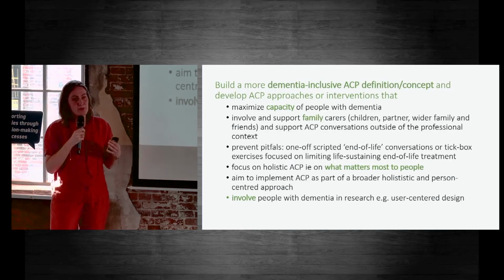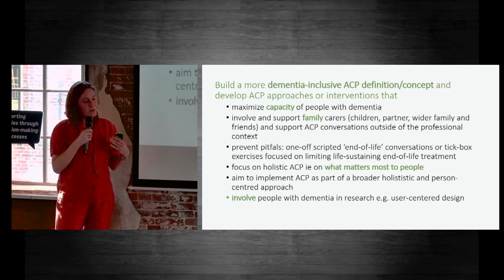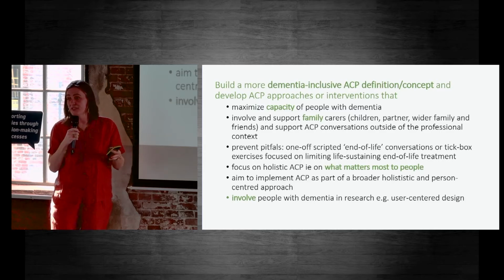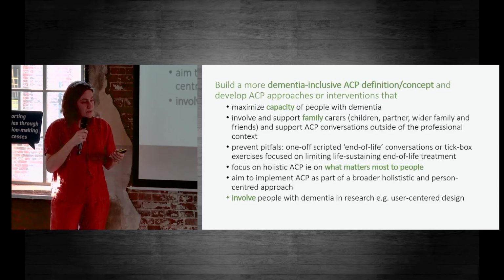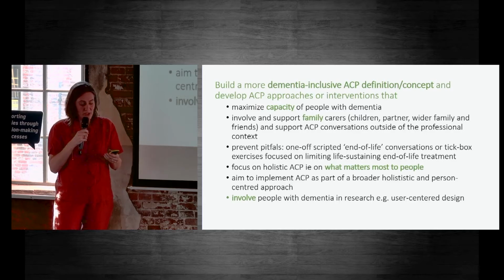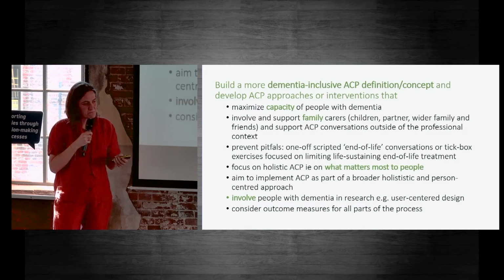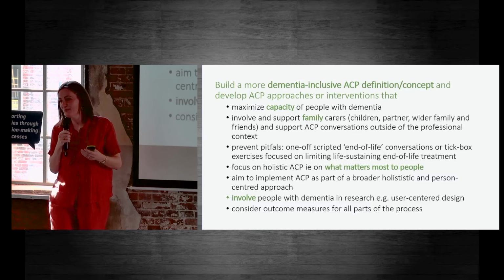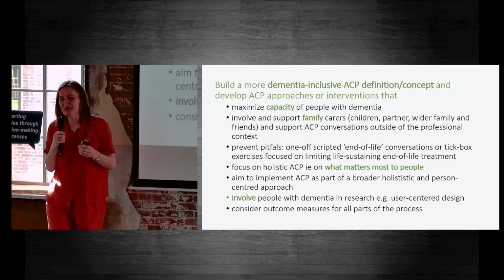And then finally, when we do research, for me, it's really important to include people themselves. So user-centered design, for example, when you develop a new tool, I think is really the way to go with people with dementia, and they really want us to do that. And then lastly, when we do these outcome measures to see whether it works or not,